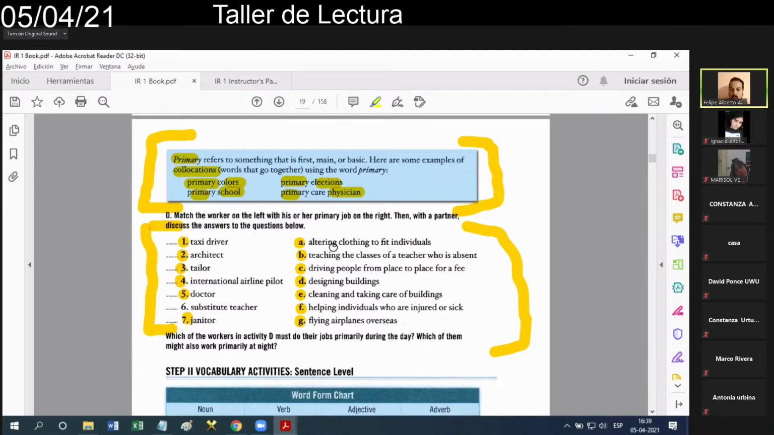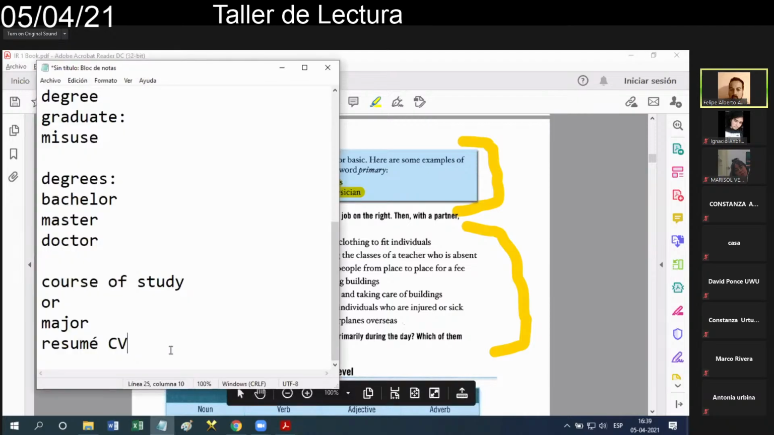A ver, ese método. Qué buena palabra. It is a method. ¿Y por qué método, profe? Porque el método es lo que sustenta, el método sustenta a cualquier ciencia. Si usted busca ciencia,